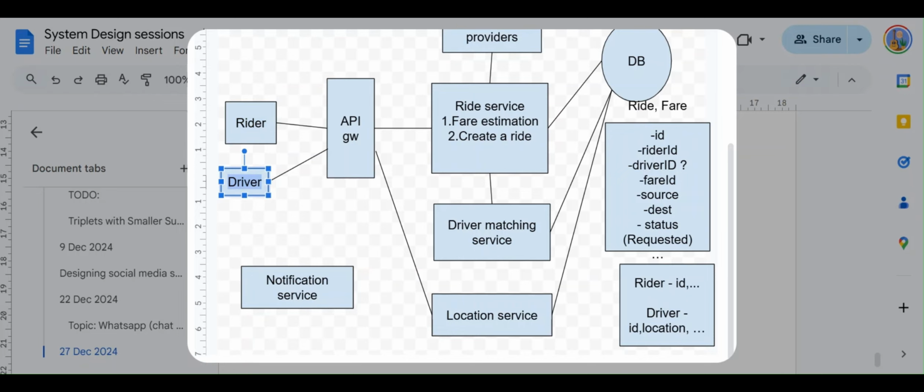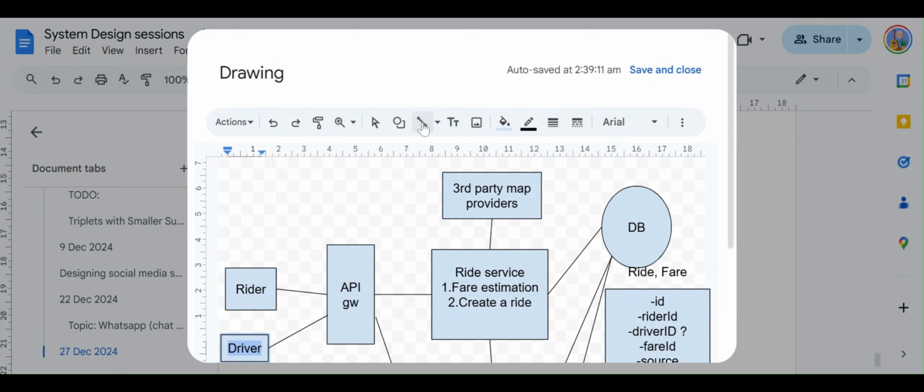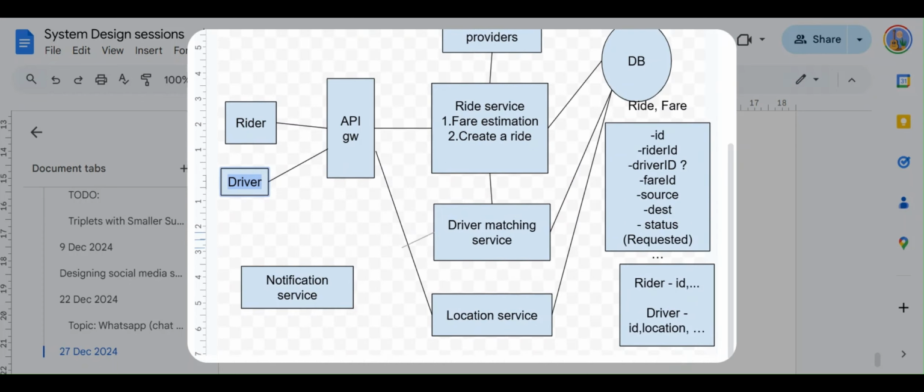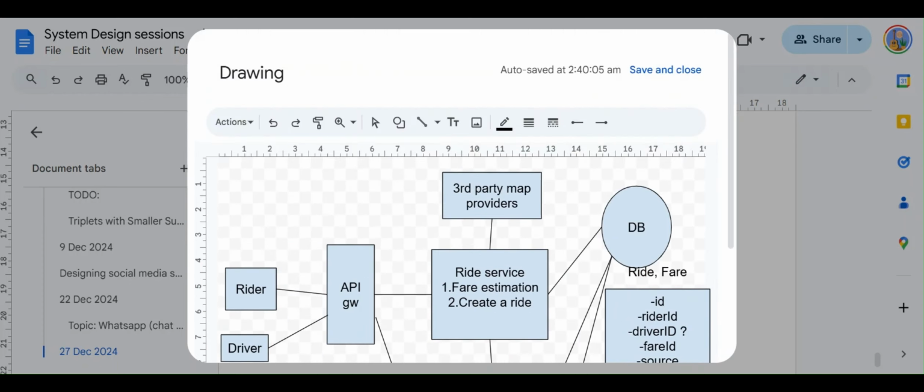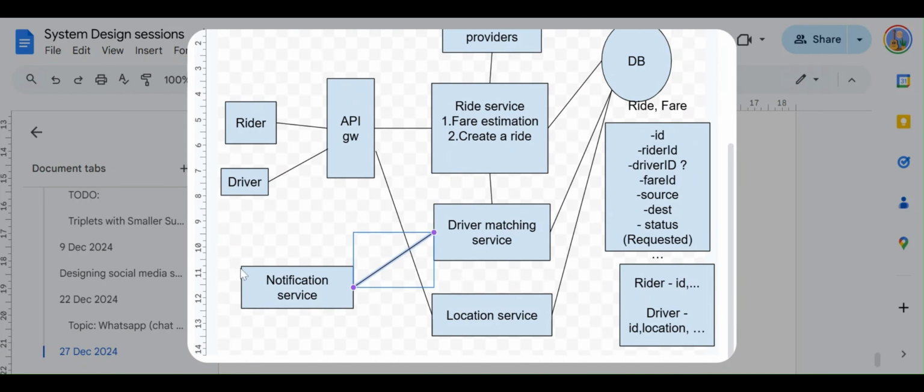Both of them have notification support. Apple has something called APN, which is Apple Push Notification, and Android, I think, relies on Firebase based notifications. So using the notification service, you can send a notification to the driver's mobile phone to accept or deny the request.